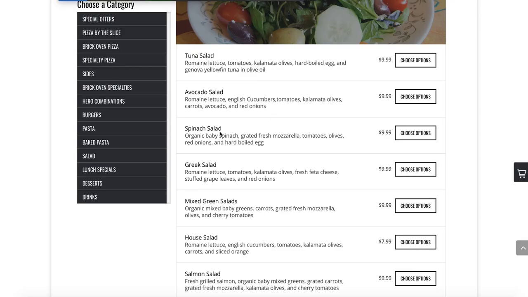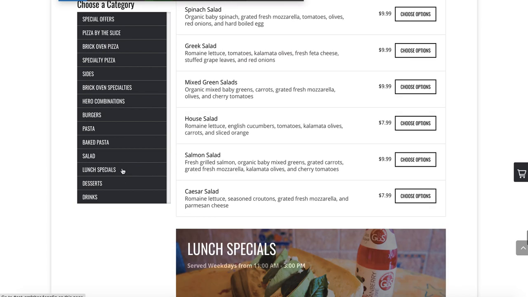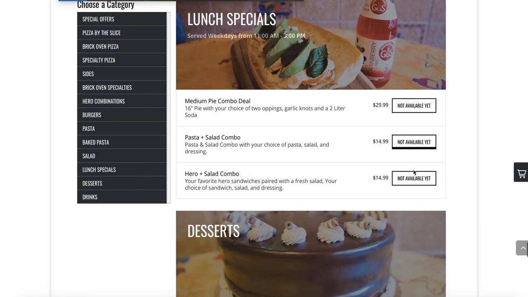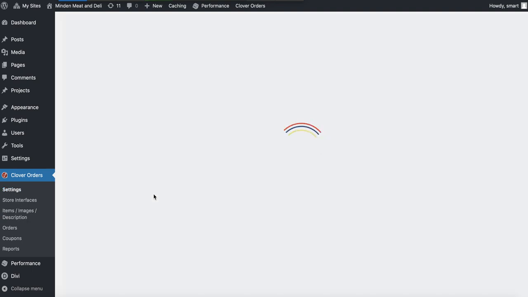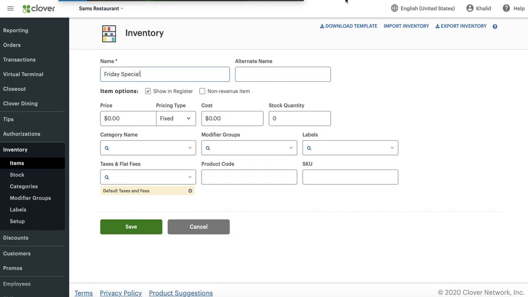You may be asking the question, well, wait, I saw a lunch special here. It said not available yet. How is that possible? Well, that's by the custom hours feature here, but that's per hour, not per day. So when it comes to per day and per week and per month, that one requires your Clover inventory to